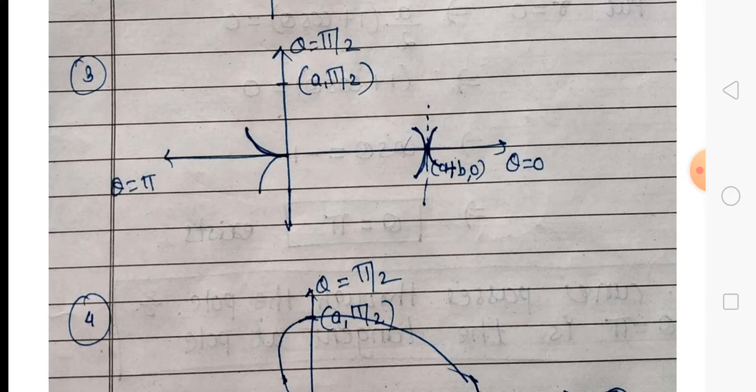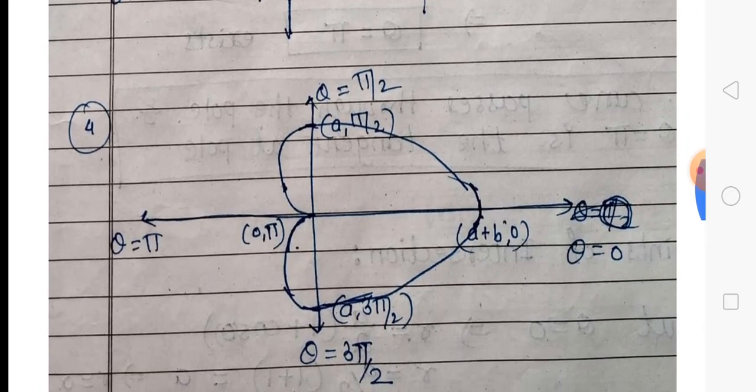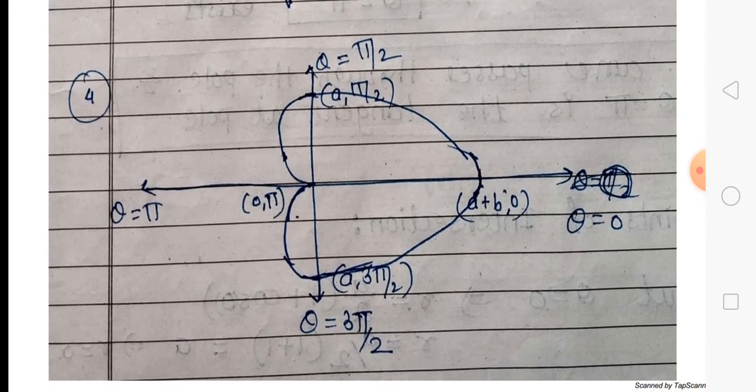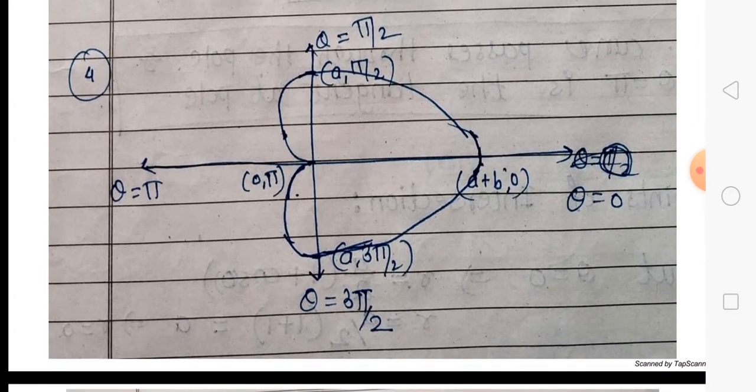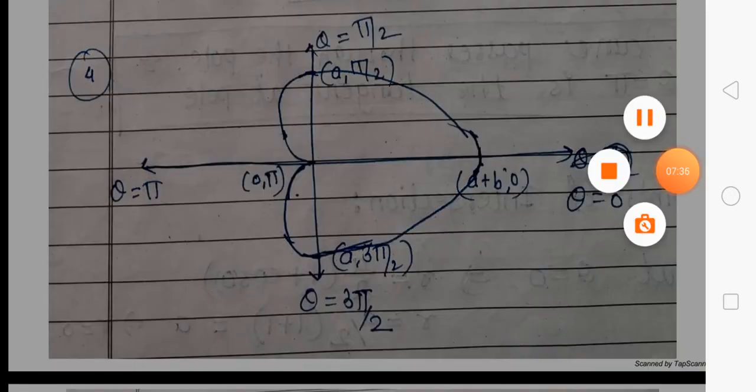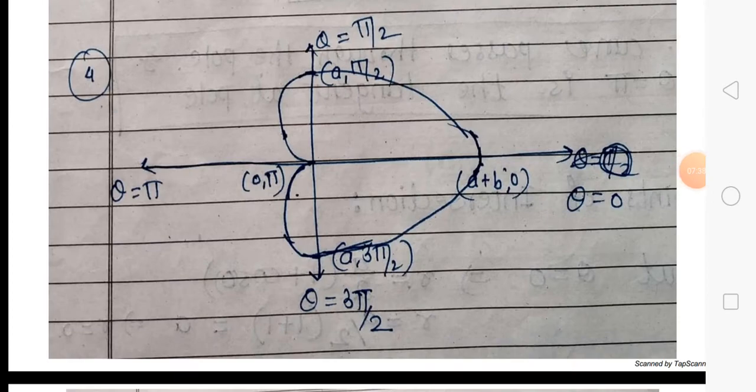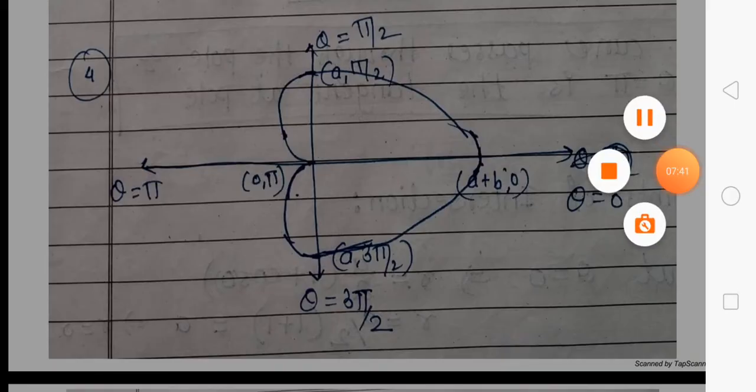Now by using all these points, the tangent at the pole and the tangent at the point, we trace the smooth curve. This is the curve for the given equation. In this way, we trace the curve for polar curves. This is so simple.